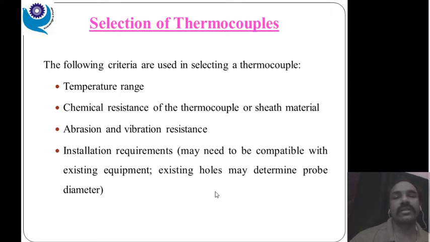So whenever we are selecting thermocouples, it is based on your application, right? For what application you are using it, if you are using it to measure the temperature of the furnace, or a boiler, or for chemical purposes, based on that environment we have to select. If we are using these thermocouples for inflammable chemicals, where a short circuit and all these things may cause a dangerous or hazardous mishap, then the type or selection of thermocouples is very important.